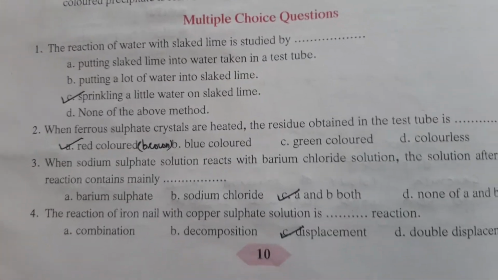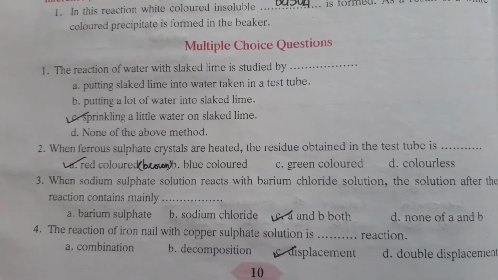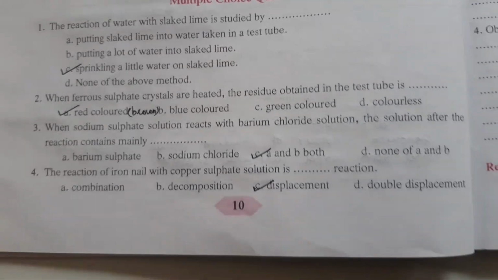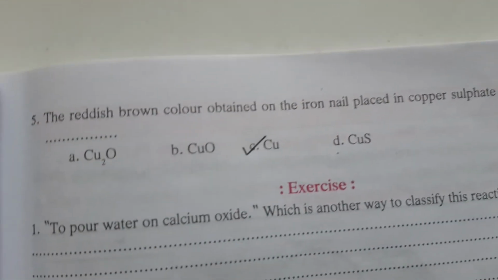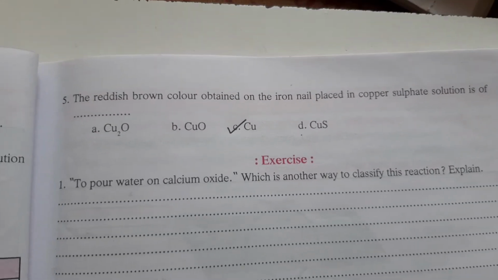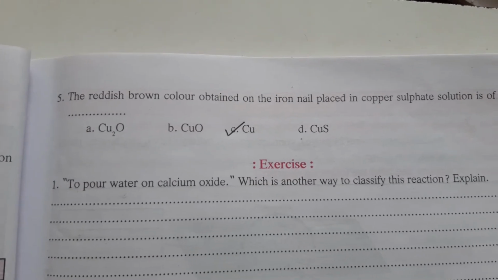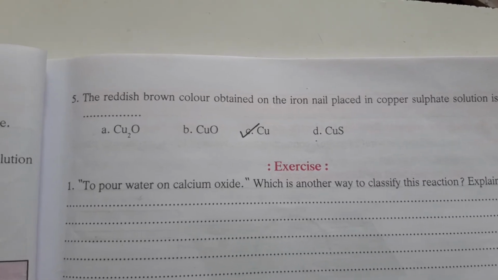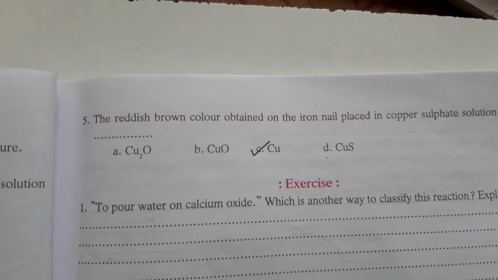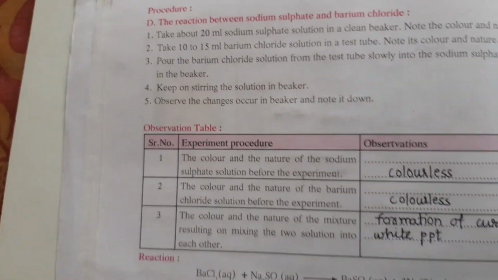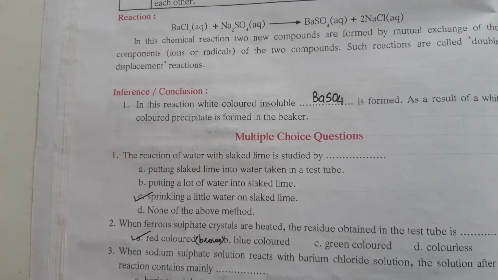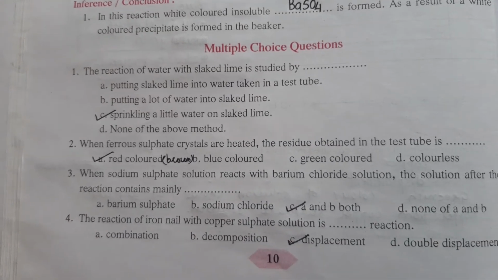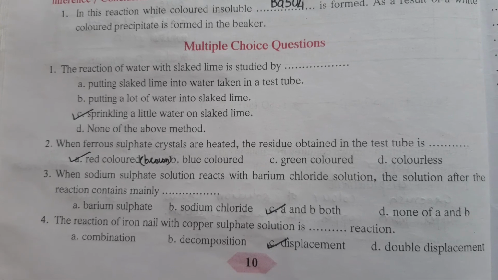As for the multiple choice questions, the answer for the first is C, the second is A, the third is C, the fourth is C, and the answer for the fifth is C. So that's it guys, complete the record and come prepared for the practical. Watch again and again before coming to the practical, and make sure that you are comfortable enough to perform the practicals. Your practical journal should be complete, and you can watch the other video shared with you for performing the practical.